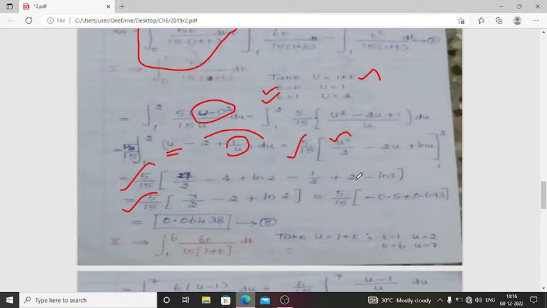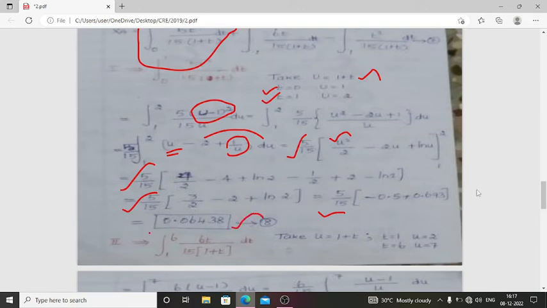Then minus 4 plus 2, minus 2. ln a minus ln b is ln a by b, so 2 by 1 is ln 2. So finally 5 by 15 into (3 by 2 minus 2, that is minus 0.5, plus the ln 2 value 0.693). This value multiplied with 5 by 15, finally we get